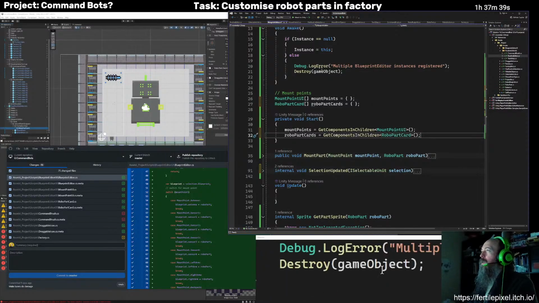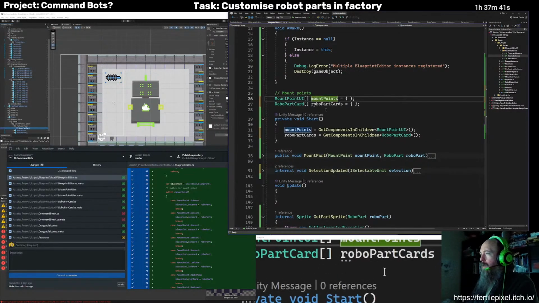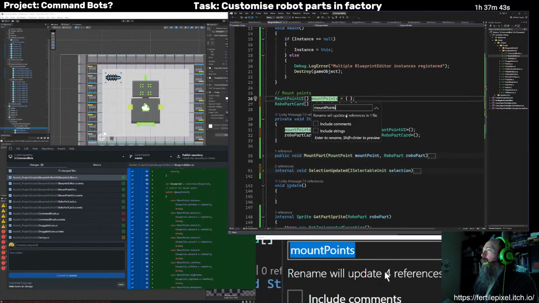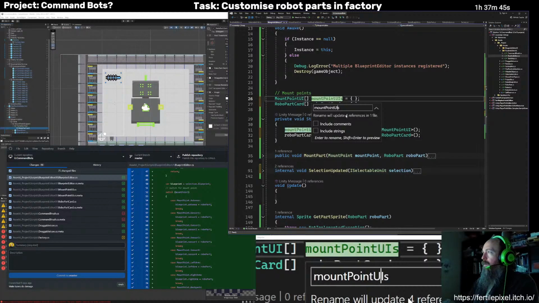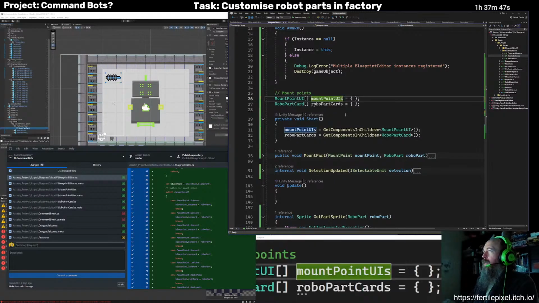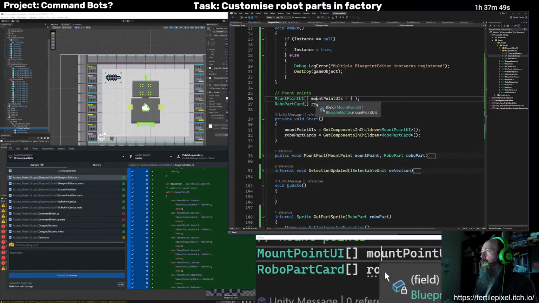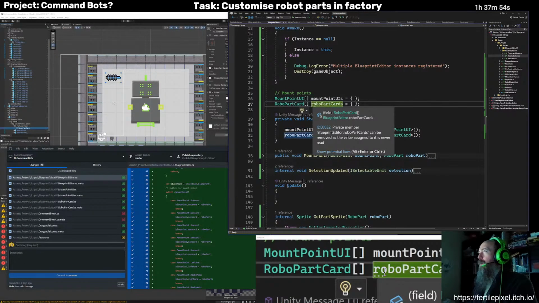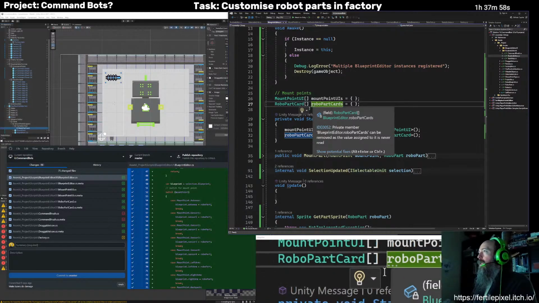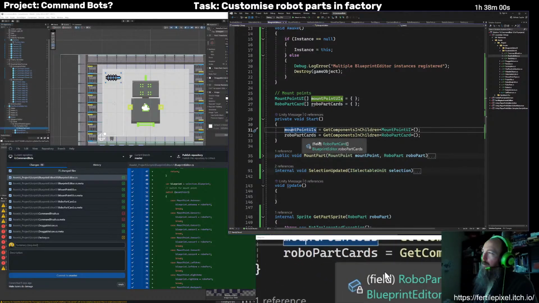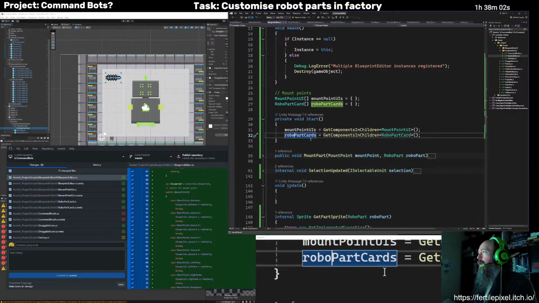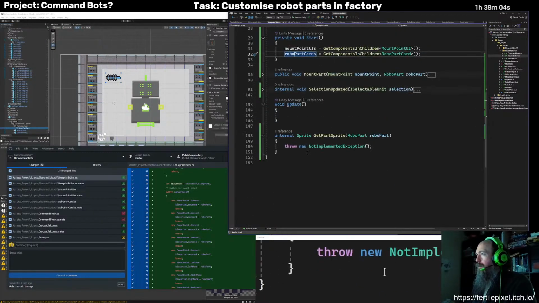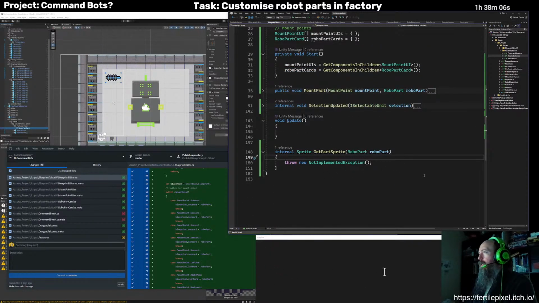Yep, that looks good. And actually, this one I was going to rename mount point UIs, just because there's a thing called mount point and it was overloaded. And what's your problem here? It's never read. Yeah, but I only just added it. I haven't had time to get it read by anything. Okay. So now we've got all the cards, and so given a RoboPart,